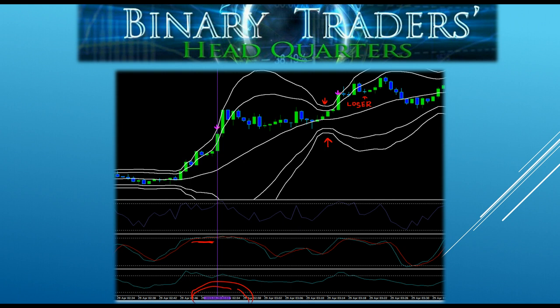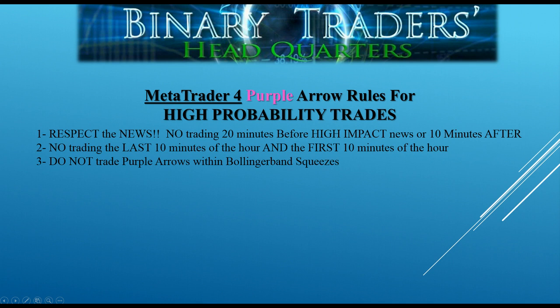Recognize when you're in the last 10 of the hour and the first 10 of the hour, and just observe the market there. Don't take any trades, at least off of the purple arrow trading system, if you want to stay in the highly accurate range of trading possibilities that the arrow is going to provide you. And I'm just highlighting a little bit of a Bollinger Band squeeze and stretch, which goes into our next rules, which are we don't trade purple arrows